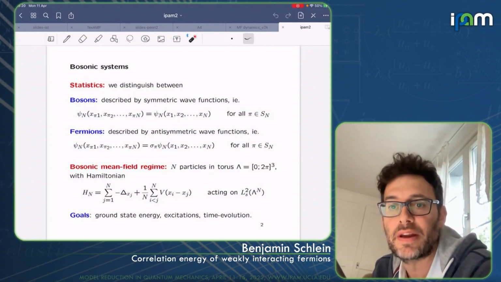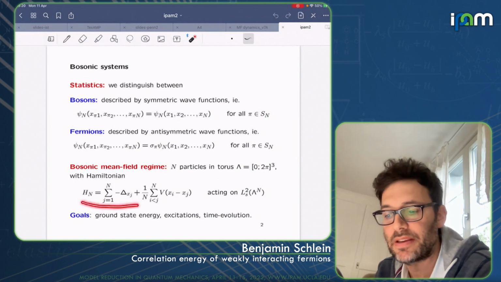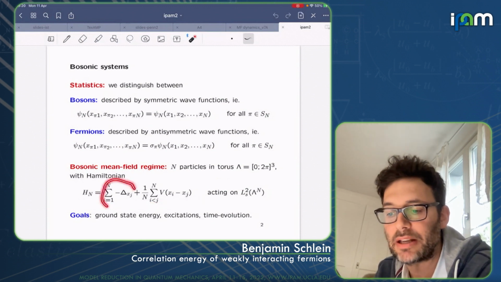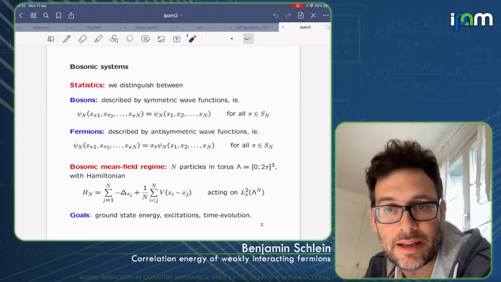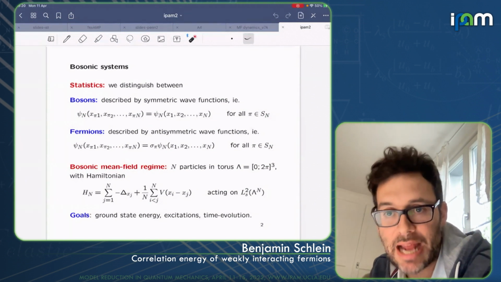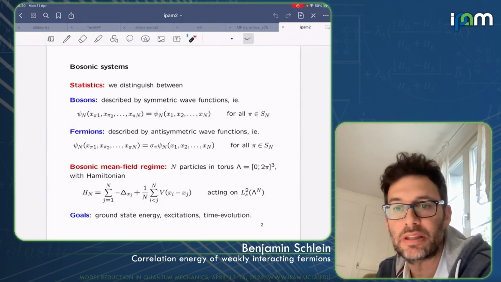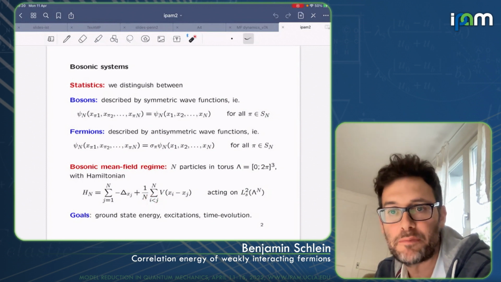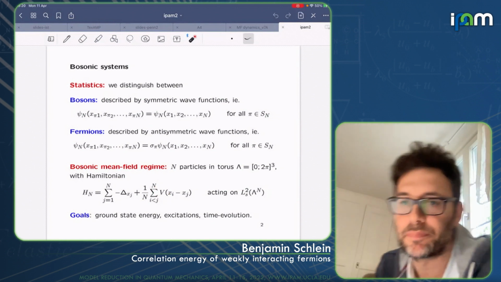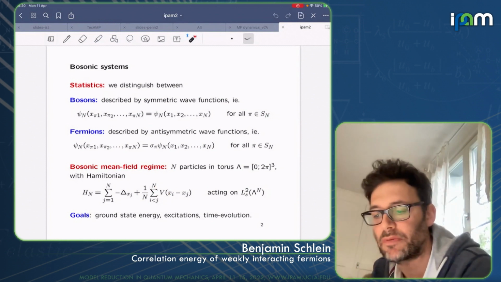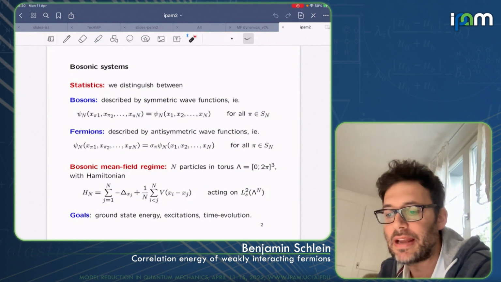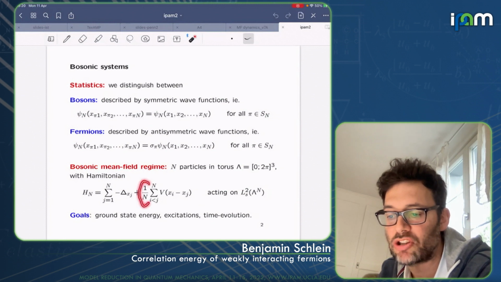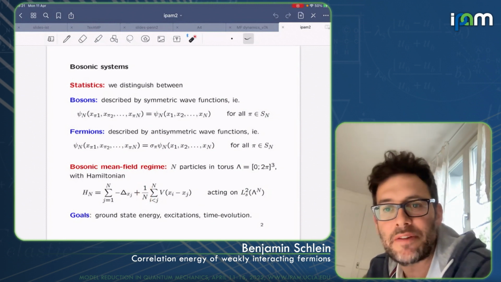And the Hamilton operator of the N particle system is given by this expression here. The first part of the Hamilton operator is the kinetic energy of the N particles, just the sum of the N Laplace operators. And then there is an interaction among the particles. The interaction is a two-body interaction, so I'm summing over pairs of particles, and I have a potential V. Suppose that V is a nice positive definite potential, whatever you want for this part here. It's not the point. And I'm multiplying this potential energy with a factor 1 over N. This 1 over N factor makes sure